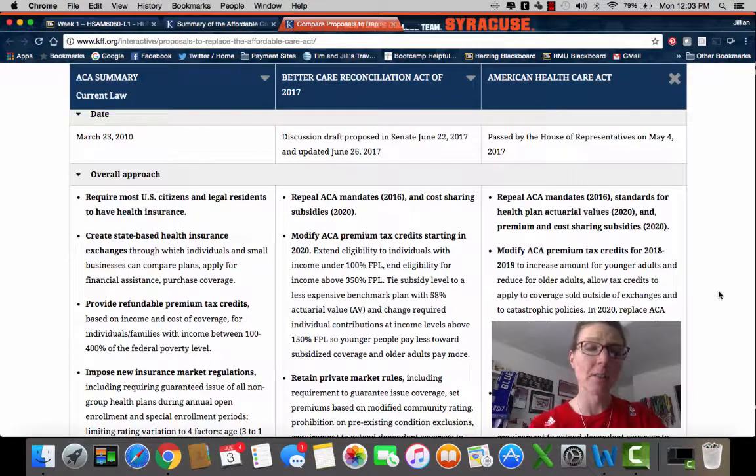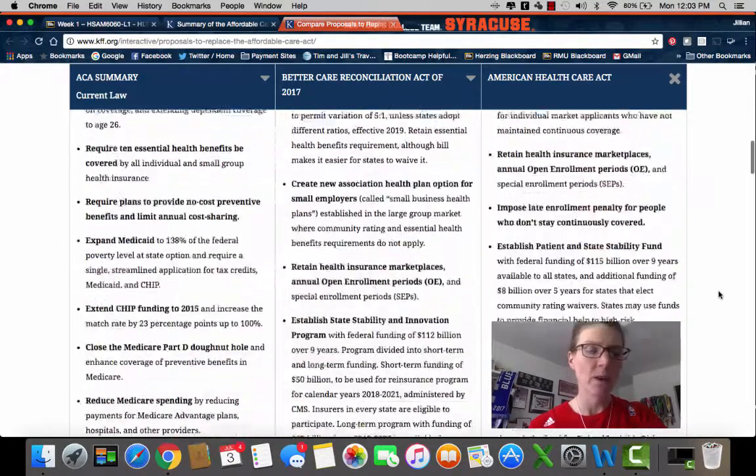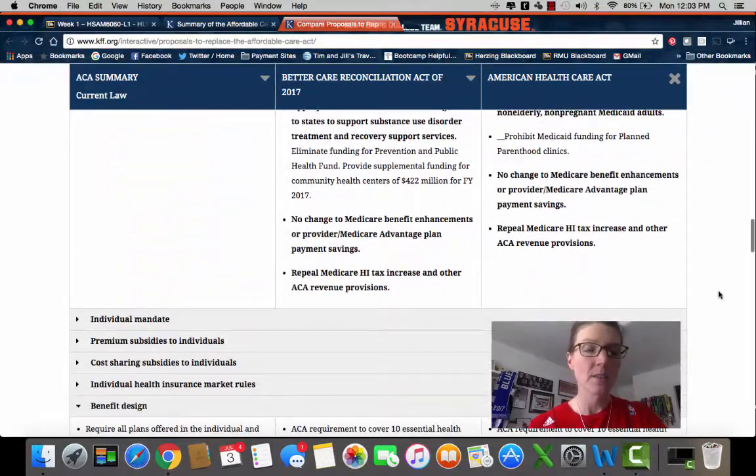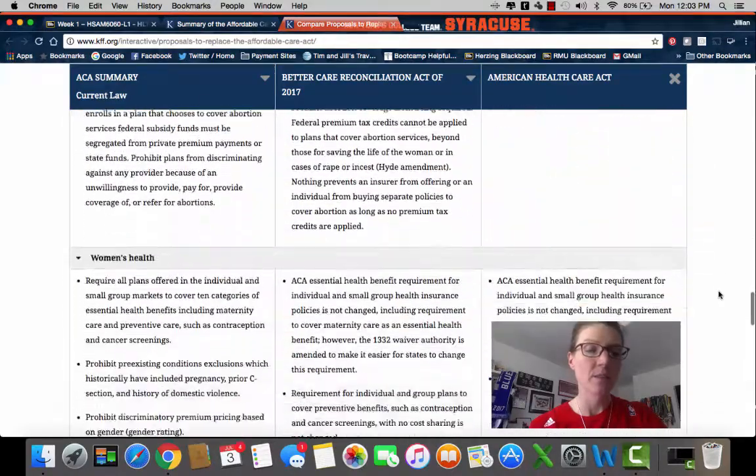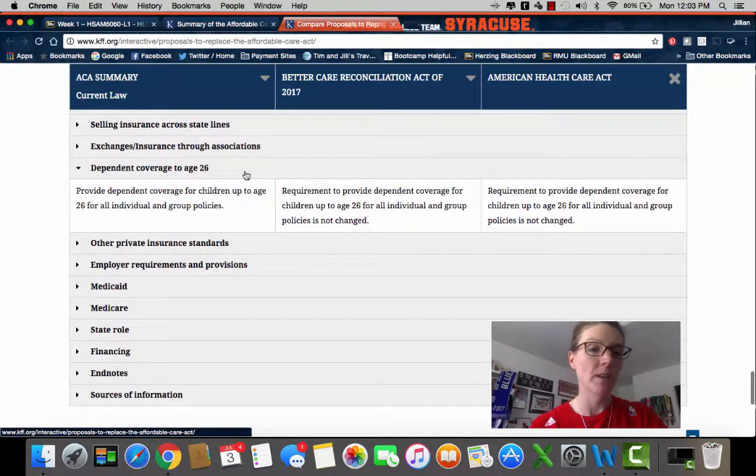So I did want to talk about this document that I brought up a little bit. We did talk about this in the boards, but I know that not everybody sees every post, so this is why I wanted to talk about it. This talks about the three different plans. One of the things that came up in the board is, okay, this is in the ACA, but how are these replacement plans dealing with these topics as well? Obviously, dependent coverage to age 26 is covered in the current ACA. How are the other replacement plans dealing with that?